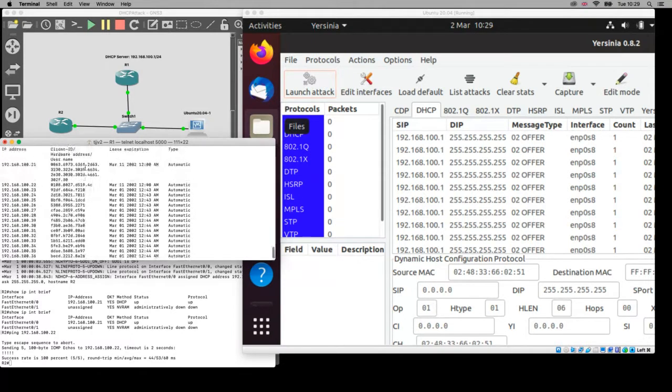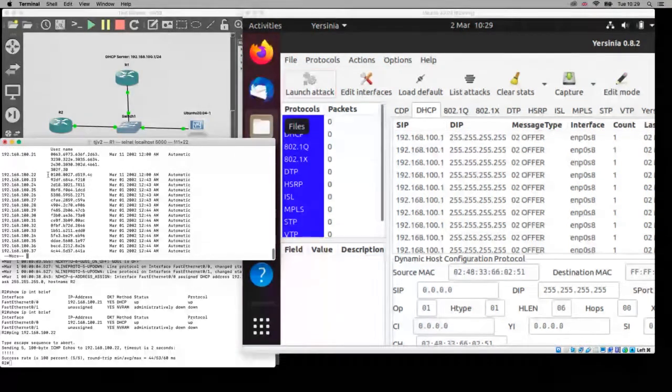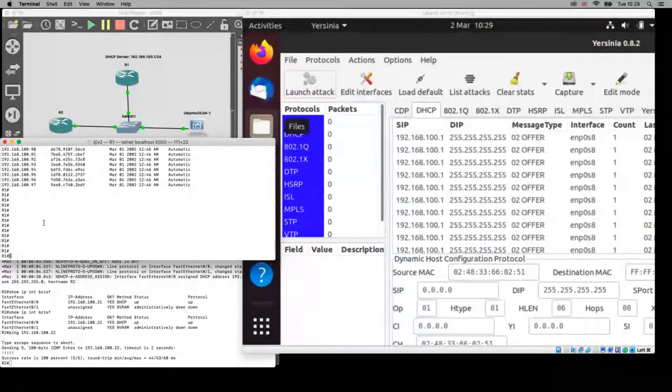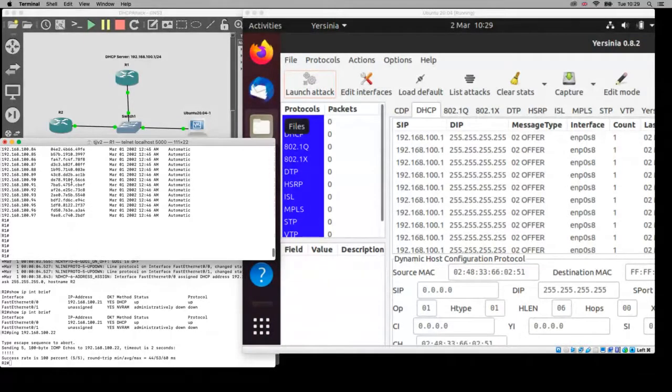Good. You can see, at the beginning, before the attack, we only had 2 IPs created, but now how many do we have? A lot. And these are from nowhere. It's just a virtual request. It's not for a real machine, but the DHCP server has created so many IPs. Which means the DHCP server will be fully loaded. And the bad thing is,